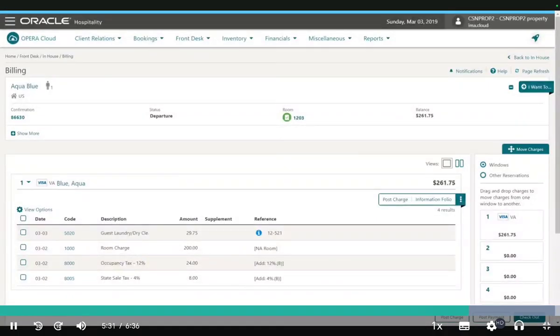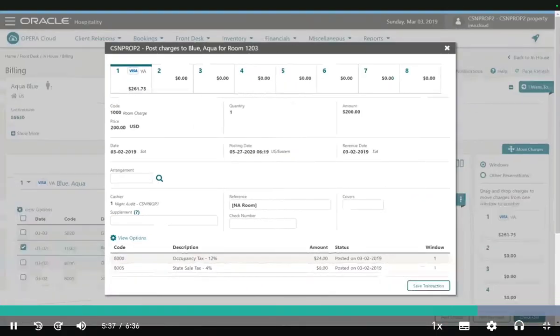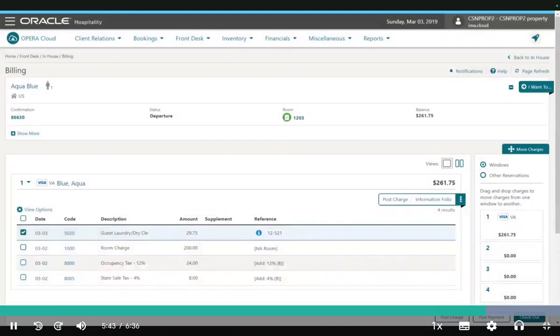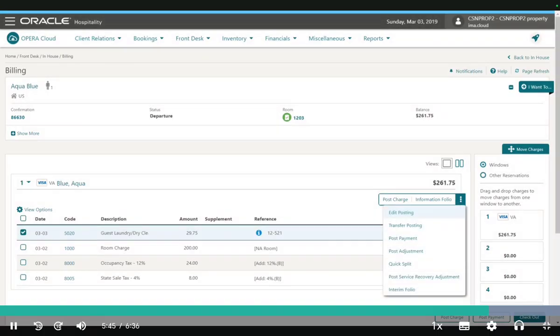Next, we will access the Post Charges dialog box for a posting that was automatically generated on the previous day. For this posting, the price and quantity fields are unavailable for editing. Click Close. When you click the ellipsis, you are able to select from a list of available actions for the